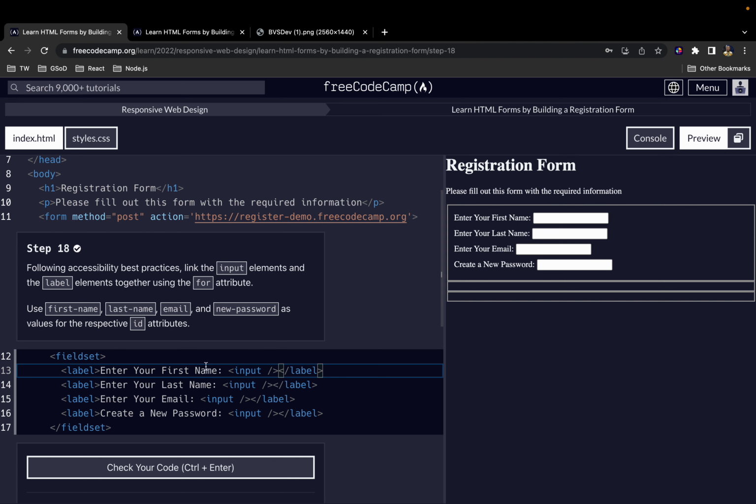So following accessibility best practice, link the input element and the label element together using the for attributes. Use the first name, last name, email, and new password as values for the respective ID attributes. Okay, so we want to give each label element a for attribute. Okay, and the way we're going to do that is to